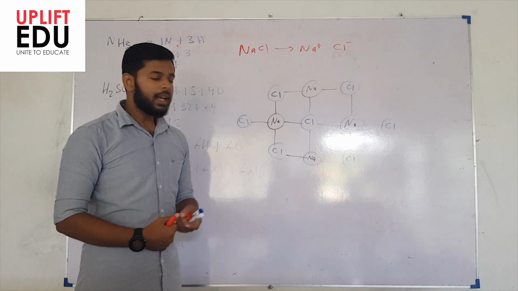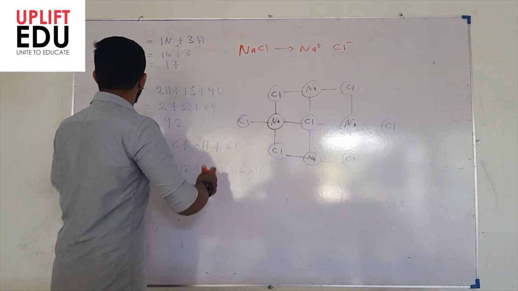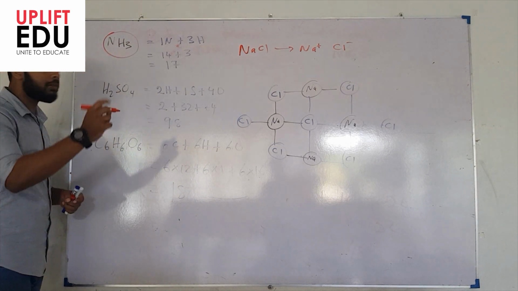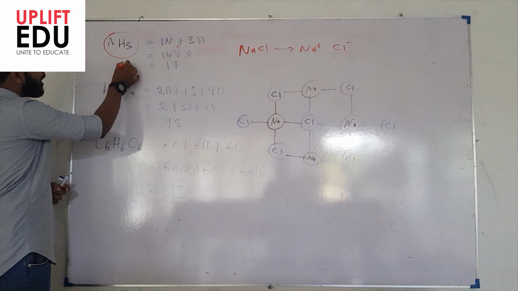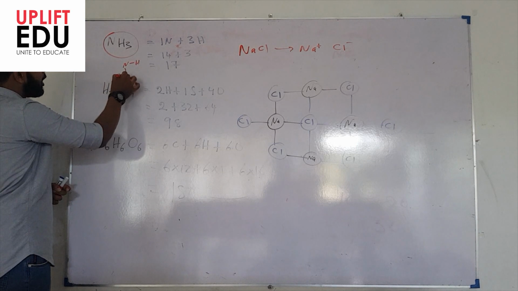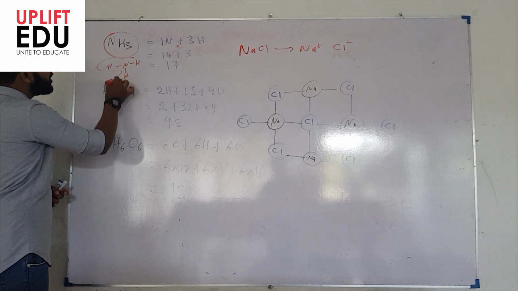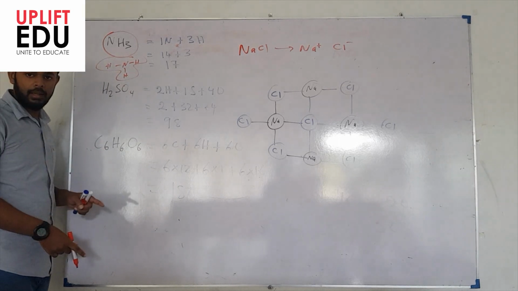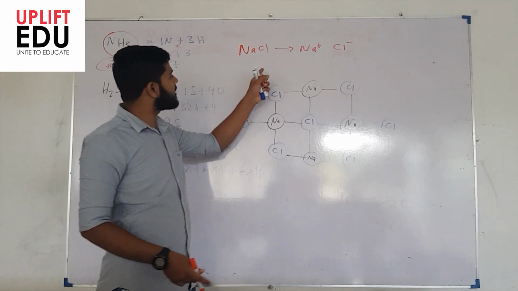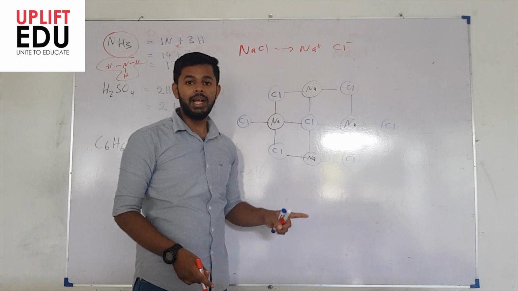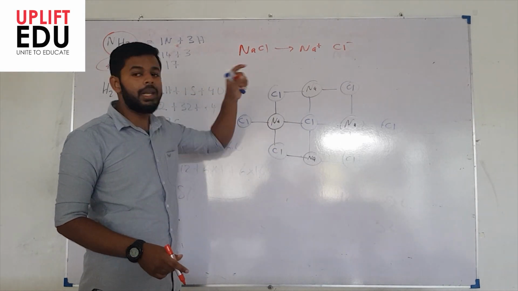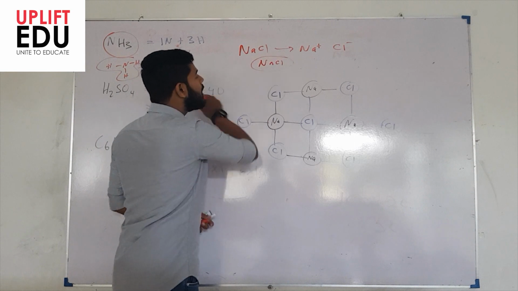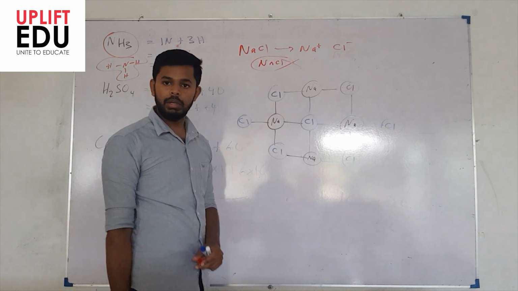bond. Here when we consider carbon dioxide or ammonia, if we take 1 ammonia, that will exist as 1 molecule. For example, there will be 1 nitrogen and 3 hydrogen in the molecule. This will be 1 unit, and if I consider another ammonia, that will be a separate unit. But when it comes to the ionic structure, something like sodium chloride, here this NaCl does not mean it's a single unit, something like this. This is not a single unit. This is not the way how we write sodium chloride.